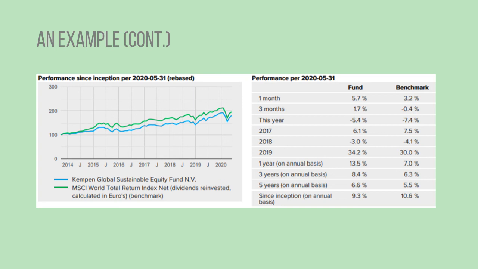The difference is they have a more sustainable portfolio, whereas that benchmark is just all the biggest companies, and it doesn't always mean this is the case, you can underperform. So you can see they've slightly underperformed here. For the last 5 years, they've made 6.6% each year. They've actually done better than the benchmark over that period of time, which only made 5.5%, but over the full 7 or so years that they've been going, the fund has made 9% a year, and the benchmark's made 10.6%. But it's a pretty good return, as you can imagine, 9% each year to receive from this fund.